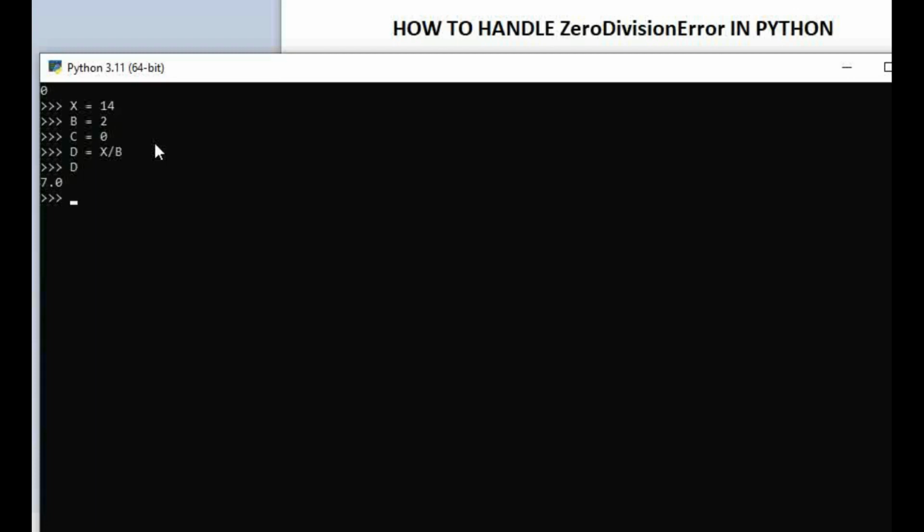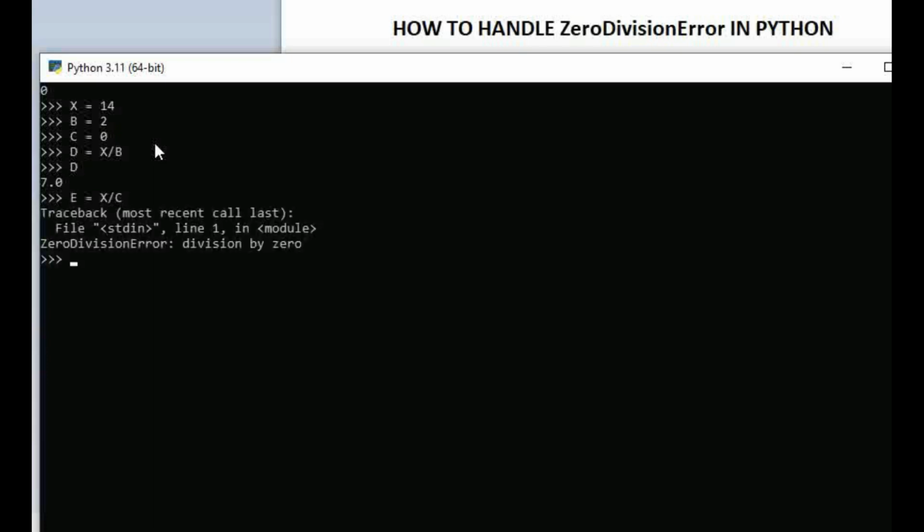Now let's assign variable e with value x divided by c. This time around we want to divide variable x, which is 14, by variable c, which is 0, and let's see what will happen. You see, we receive zero division error, and to avoid having this error, what we need to do is just